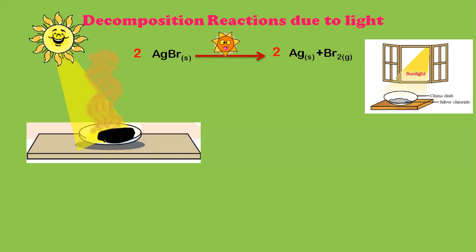Let us try to do another one. Let me see if you're able to do the next one here. AgCl. What will happen when AgCl is exposed to sunlight? Let me see how many intelligent students are sitting out there who are able to balance this equation. Just raise your hand and tell me how many of you are able to do it. AgCl gets decomposed to form what?